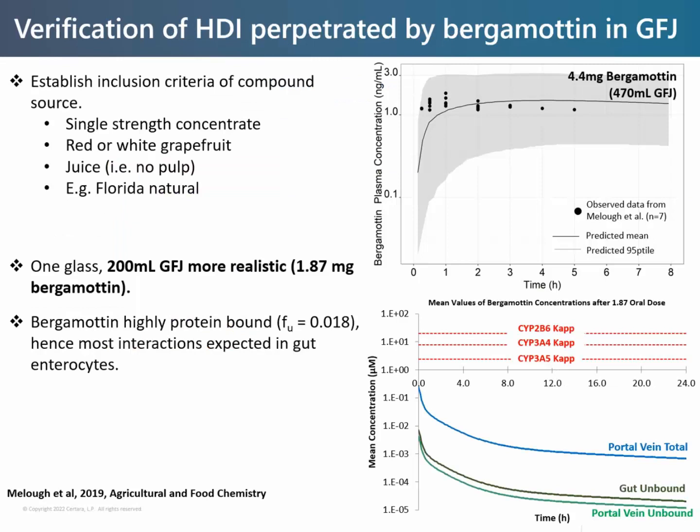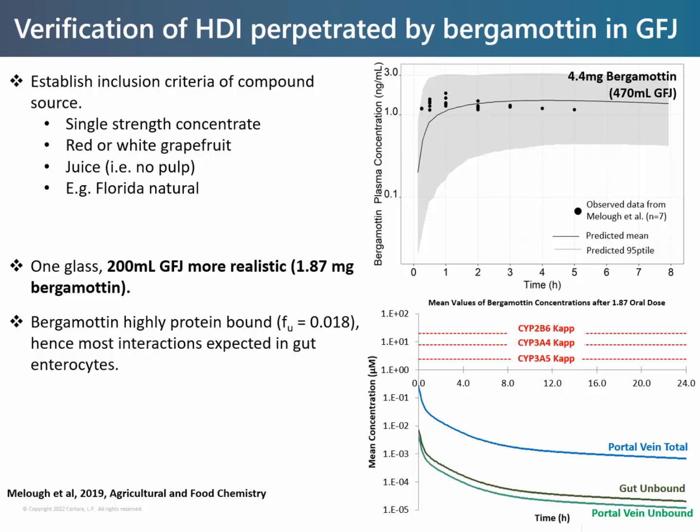With the bergamottin PBPK model established, I conducted model performance against observed data to ensure that the PK profile was being recovered, and you can see generally there is good recovery. What was a bit of a shame was that this particular paper only identified bergamottin concentrations in the plasma up to 5 hours post-dose. Ideally, we would have up to 24 hours to have a more complete picture of the clearance of the compound in circulation.